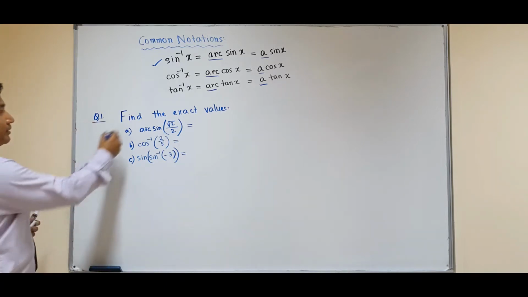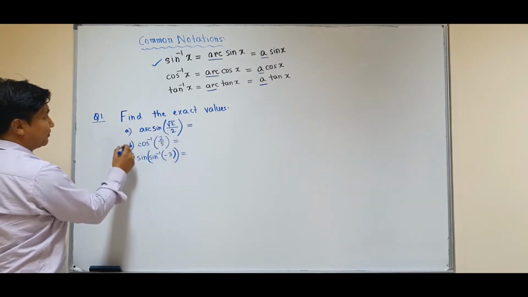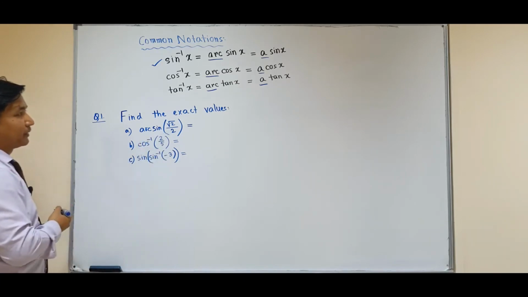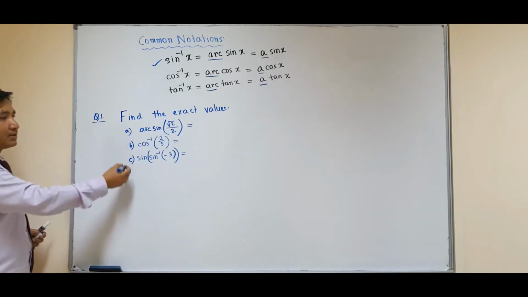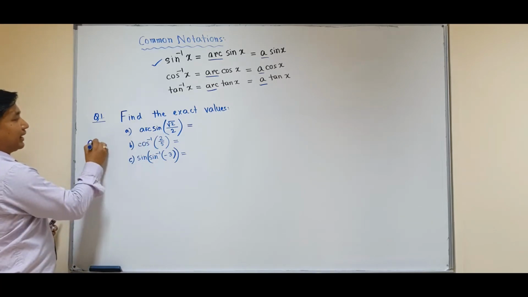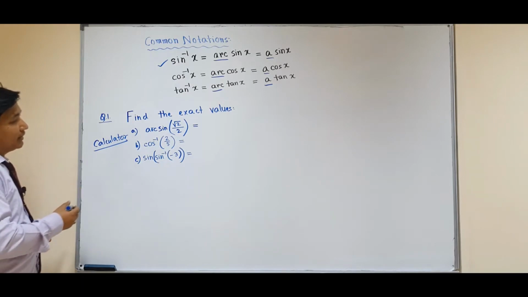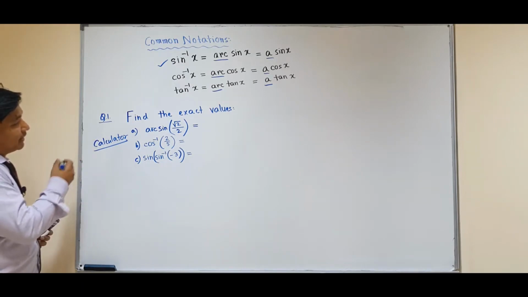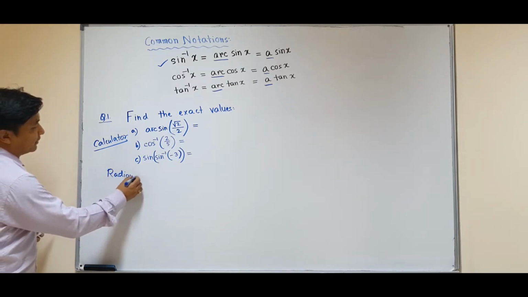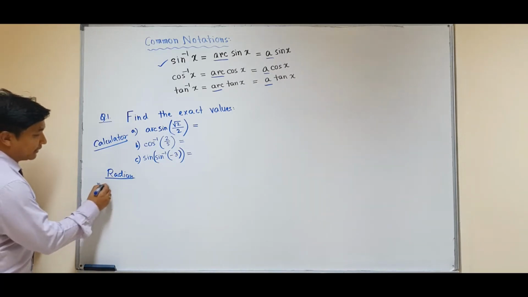Question number 1. Find the exact values: a, arc sine of square root 2 by 2; b, cos inverse 2 by 5; c, sine inverse minus 3. We can clearly see that all these three questions have inverse functions, so we need to use a calculator. Also remember that to find these values using a calculator, we have to use only radian. This should be the mode in your calculator, not degree,